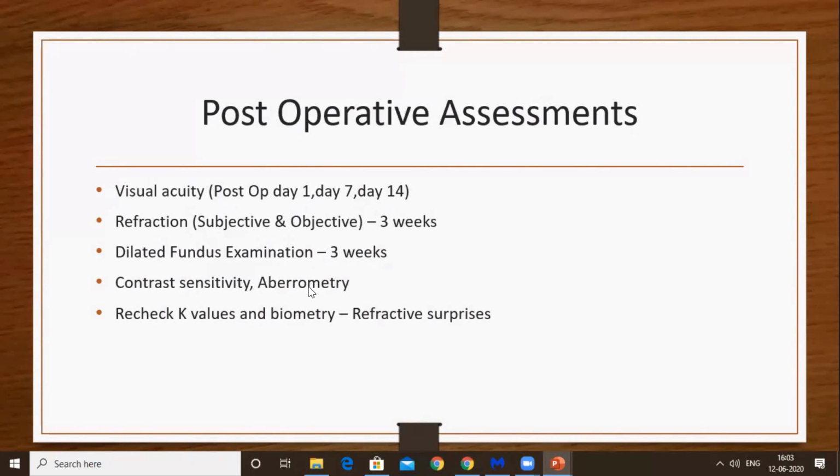So whenever you are in the OPD, you want to ask a lot of questions regarding their occupation and their previous history, so that you have an idea that this patient will benefit from this kind of IOL. Also, while doing biometry, you will have an idea that this patient has this much myopia, so the axial length will come under this range.